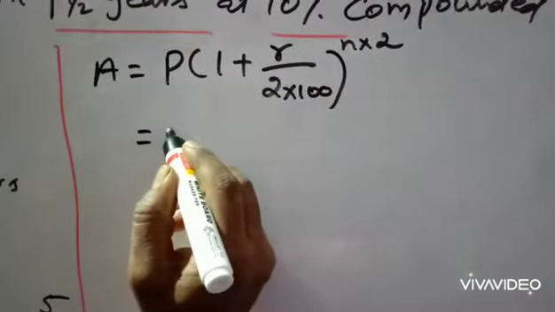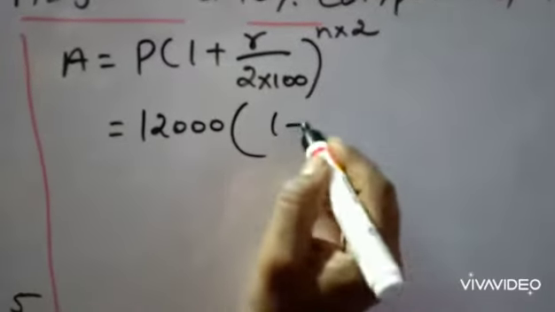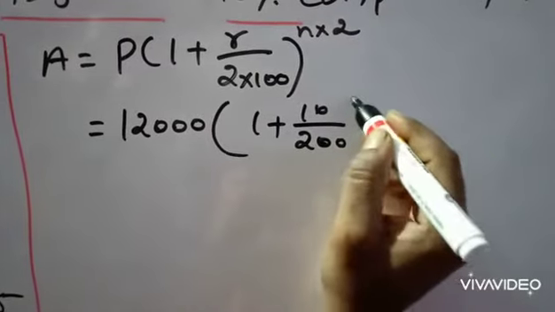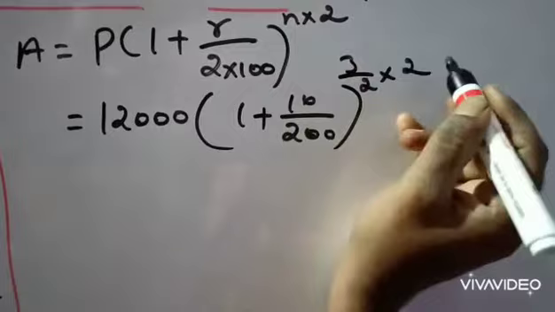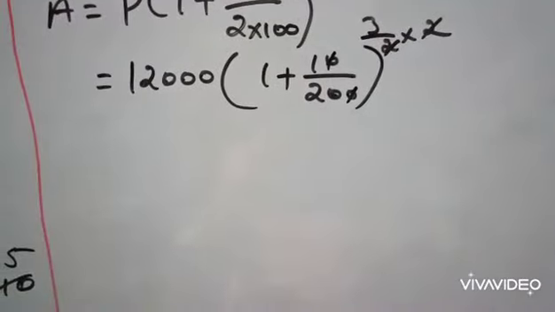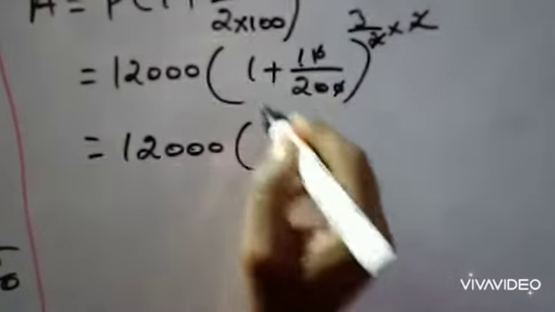So we can apply the values: P 12,000 into (1 plus R 10 by 200) power n, 3 by 2 into 2. This 2 cancels, the 0 we can cancel. So now we have 12,000 into, taking LCM 20,